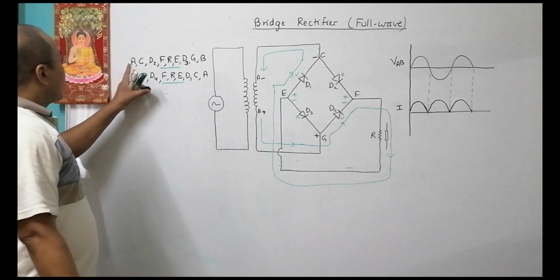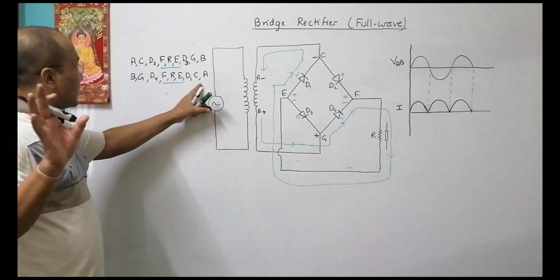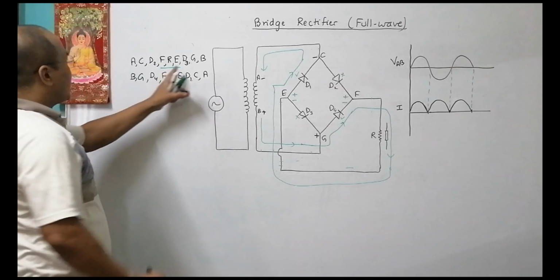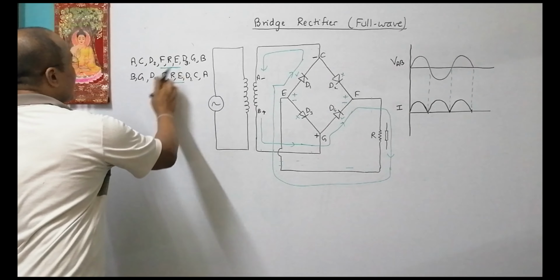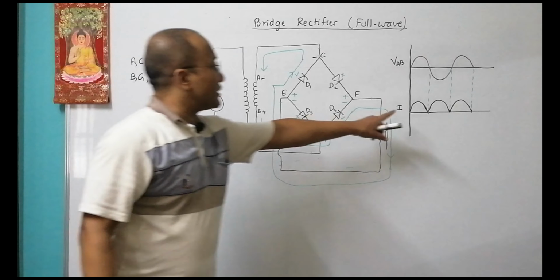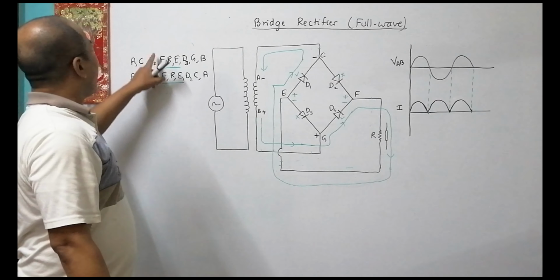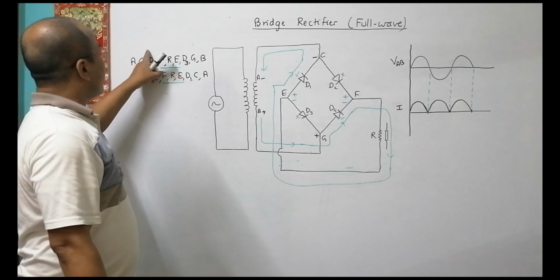Now what happens here is this AC, CA, it's okay. Again GB, BG, it's okay. Others are different. So D2, D4 here, it's D2, D3 here, D4, D1 here. So the current here, this first half current is provided because of D2 and D3. So this thing is because of D2 and D3. And the second current is given off because of D4 and D1. So it is because of D4 and D1. Again it is because of D2 and D3, and so on. So that is how current flows here.